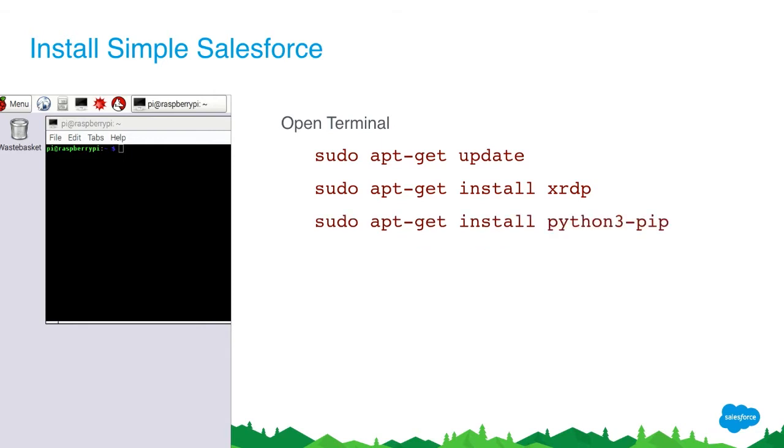Next, we're going to install a utility that runs on top of Python. We're not actually installing Python here because most distributions now that are built for the Raspberry Pi already come with Python preloaded. But we do need to install Python pip. Now, pip is basically like an apt for Python.